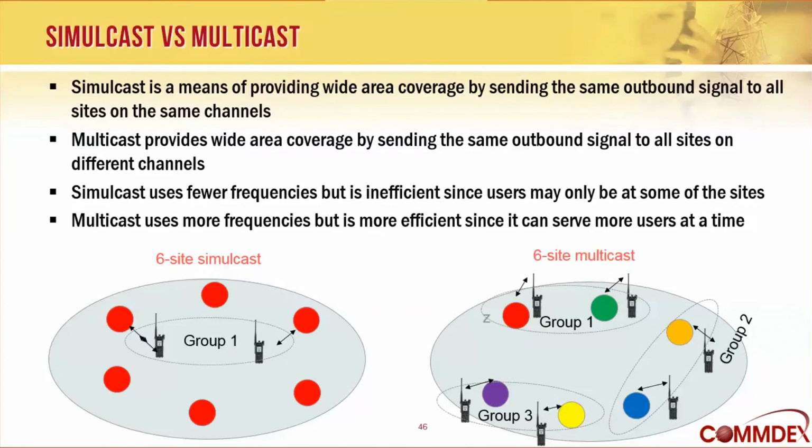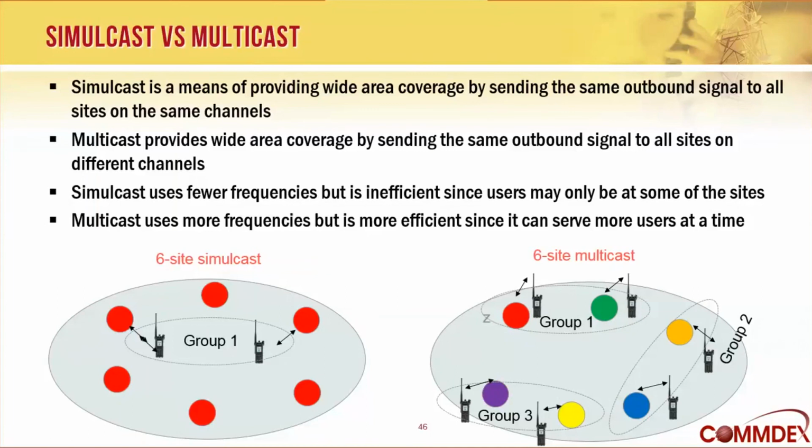user throughput. The multicast on the right, each site is represented by a different color dot, meaning it has a different group of frequencies, so that the same 6 channels, if they're involved in one-to-one communications between 2 users, could actually support 3 simultaneous conversations. And even more if the users were affiliated to the same site. It could theoretically support 6 simultaneous conversations at once. In this example, it supports 3, but you can see how